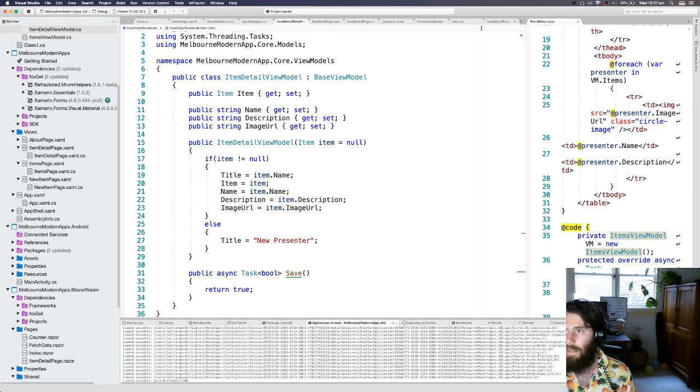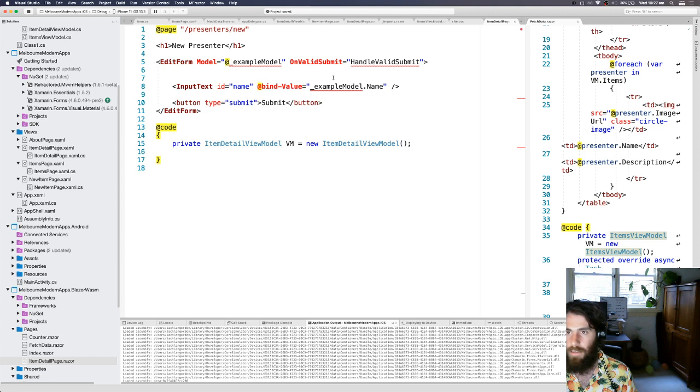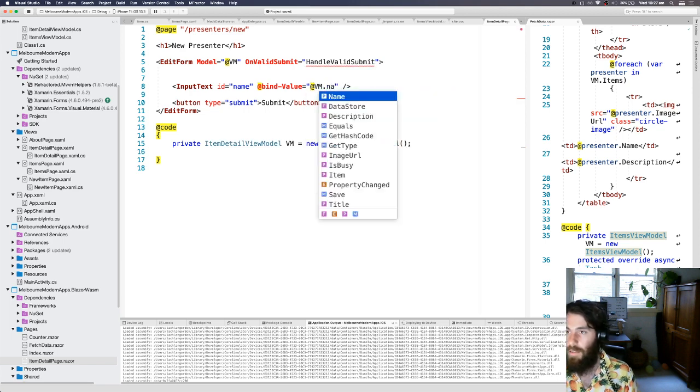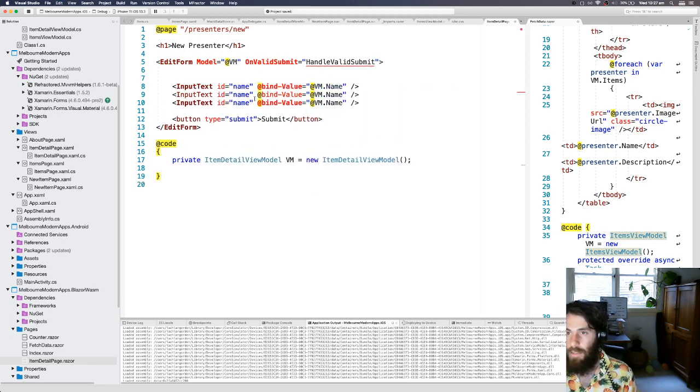Now, in our item detail page razor, we've got a view model. I'm going to put the model for the whole form just to be VM. And then this input text, give it an ID of name, give it a bind value of @VM.Name. Give it a description. Image URL,